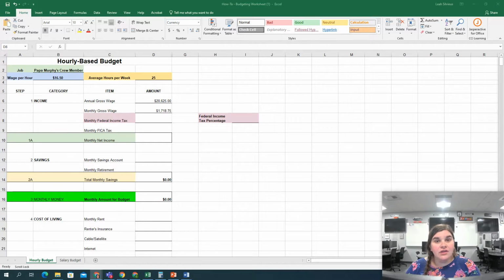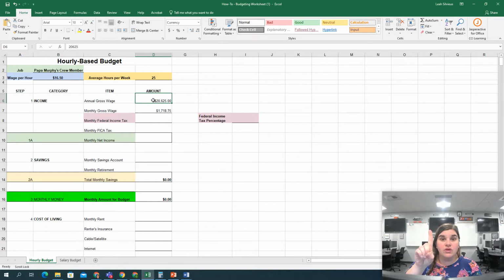So if you've forgotten how to calculate your monthly gross wage and your monthly net income after your taxes, let's figure it out real quick. First things first, to figure out your federal income tax amount, you need to know two things. The two things you need to know are, what do you make per year, and how are you going to file your taxes? So we're going to take the annual gross wage, which we know already in cell D6,